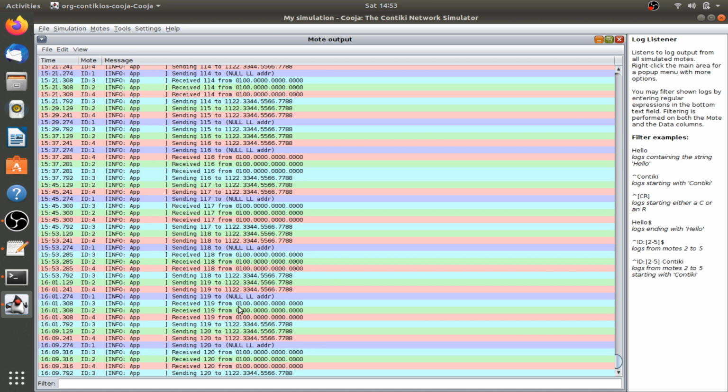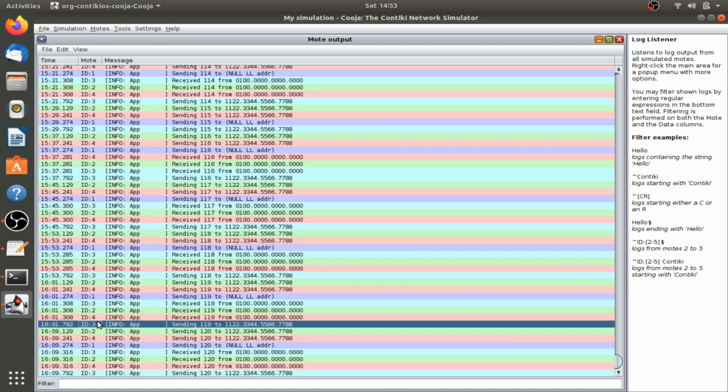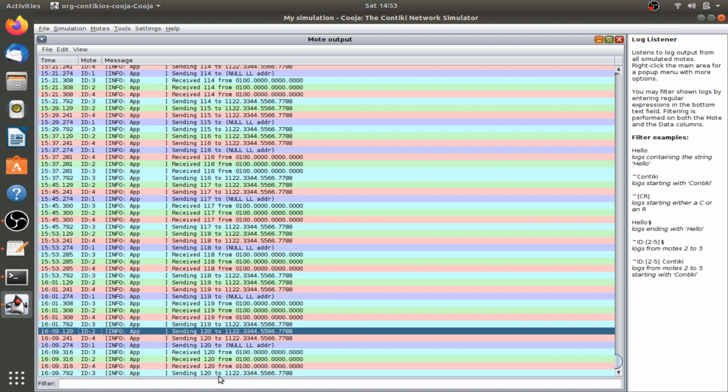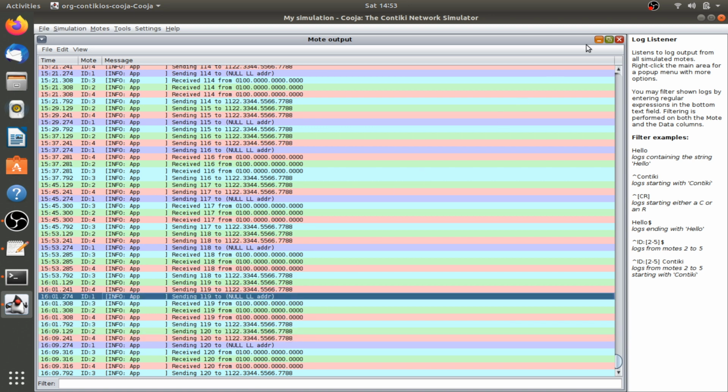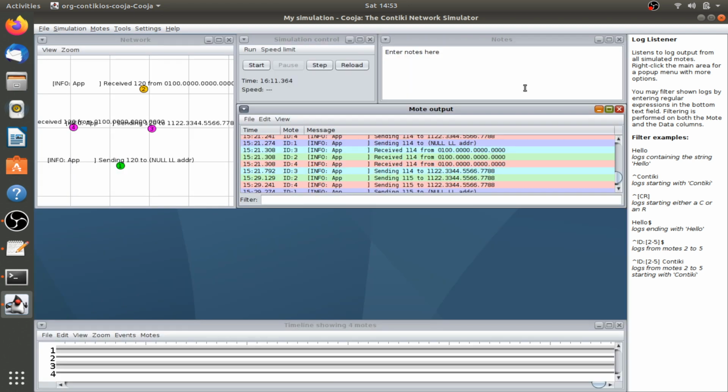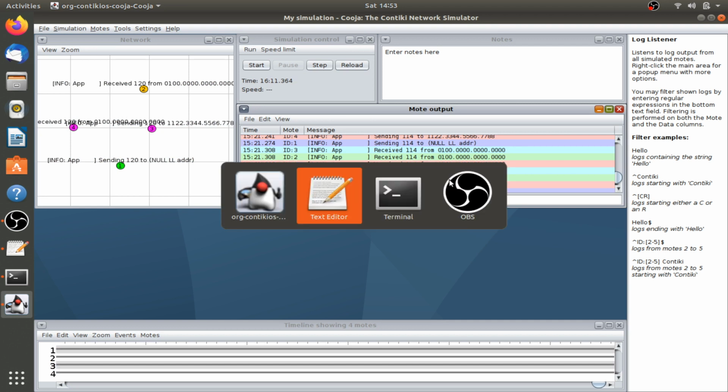Similarly, the other nodes are also sending, for example ID 3 is sending 119 and 120, ID 2 is sending, and ID 4 is sending 120. This is a good example of networking without IPv6, or nullnet, to understand the bottom layers. That's all about this nullnet.